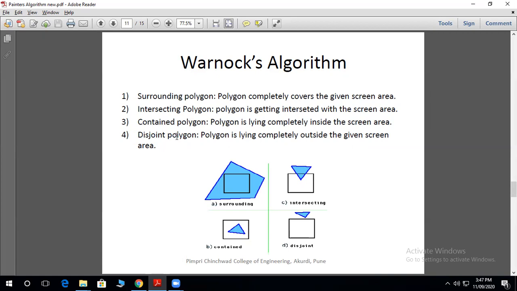And the disjoint polygon: the polygon is lying completely outside the given screen area. You can see in this disjoint polygon figure, this is the area and this is the polygon, lying completely outside. So these are the 4 categories based on the screen area.